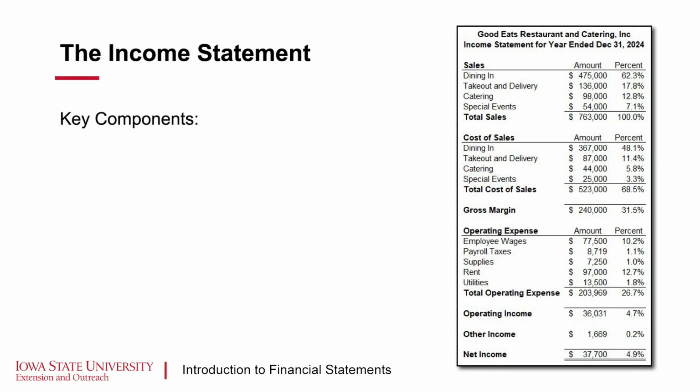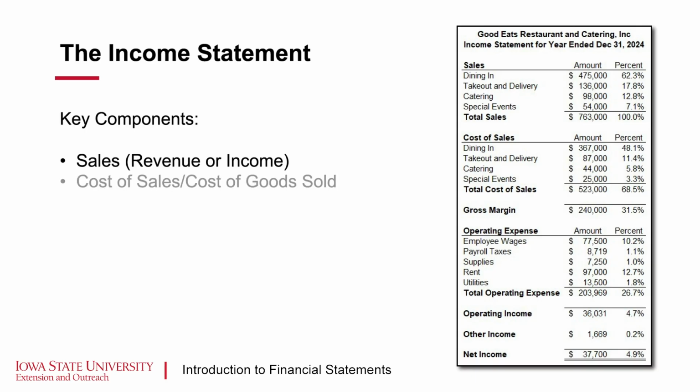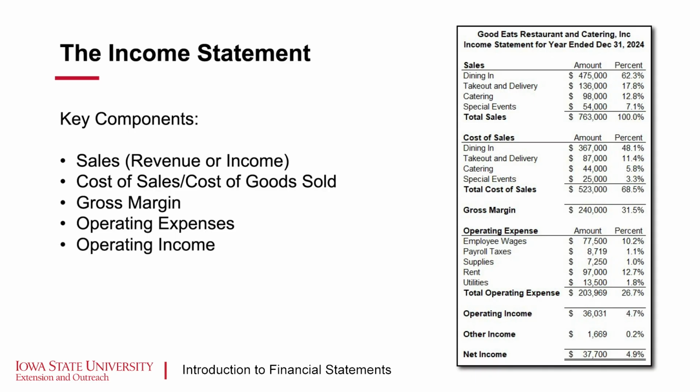The key components include a list of sales amounts and income streams; cost of sales, which is a list of the costs associated with the previously listed sources of income; the gross margin, which is the difference between the total sales and the total cost of sales; operating expenses, which are the costs of doing business not directly associated with producing the goods or services; operating income, which is the gross margin less the total operating expenses;